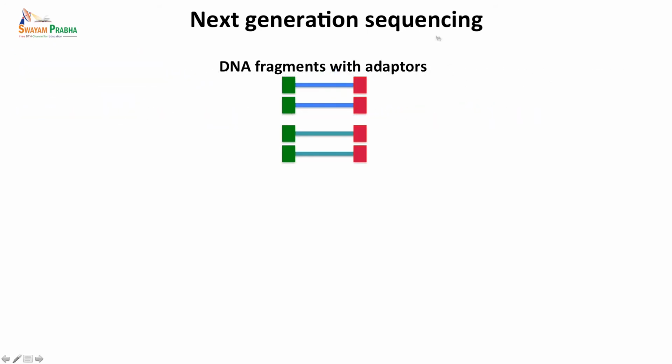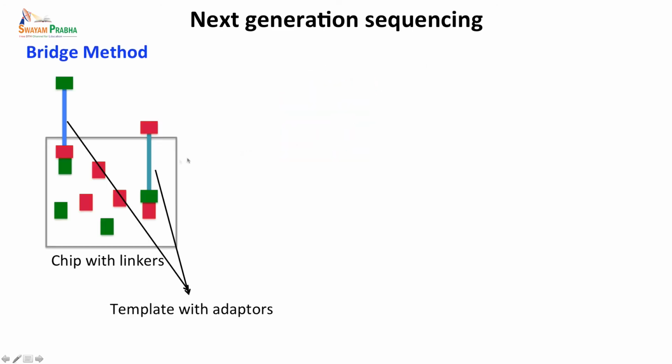So now supposing you have these DNA fragments, and these green and red are just some custom made adapters which are added onto these DNA fragments at both the ends. Now you use the flow cell, and on this flow cell you have these linkers which are covalently attached, which are again shown in green and red just to show the binding. So this is a method known as the bridge method. There are other methods also which are based on bead methods, where the beads are used to attach these